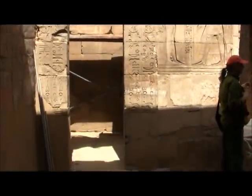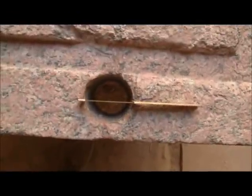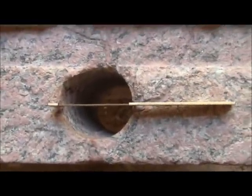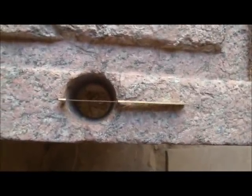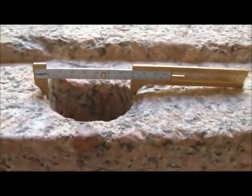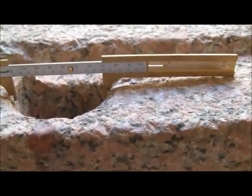Here we have our first possible example of lost ancient technology. This hole. I think I can see a spiral groove as in a drill bit inside, but you need to actually be able to get an impression with some kind of latex, some kind of other material to find out. But at least using these calipers, and this is an approximation, I am not an engineer, but from an approximation 70 millimeters across,